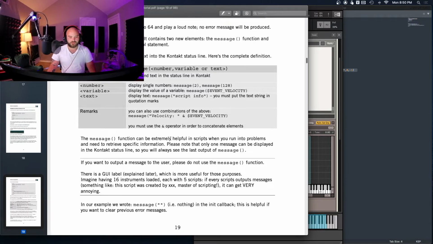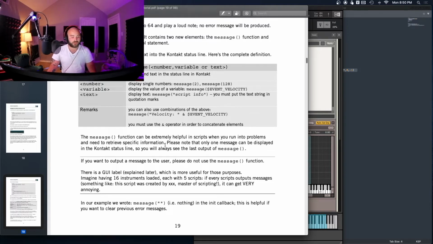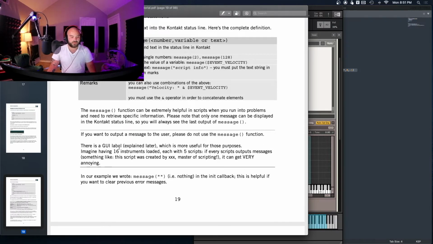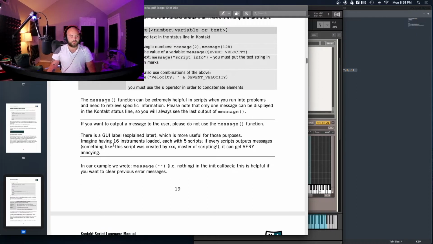The message function can be extremely helpful in scripts when you run into problems and need to retrieve specific information. Please note that only one message can be displayed in the Kontakt status line, so you will always see the last output of the message function. If we want to output a message to the user, please do not use the message function. There is a GUI label, explained later, which is more useful for those purposes. Imagine having 16 instruments loaded, each with 5 scripts. If every script outputs messages, something like "this script was created by so-and-so, master of scripting," it can get very